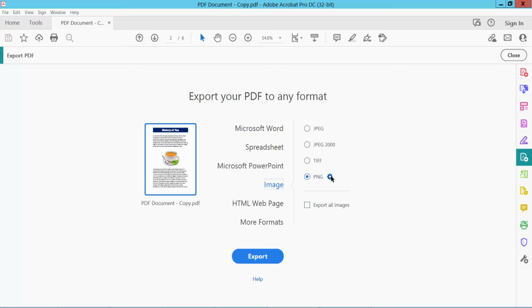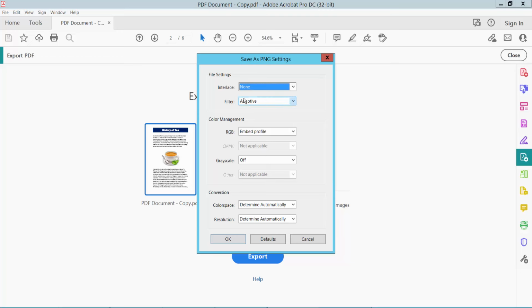click on the setting option. Here you can see interlace option, filter, and this RGB option. You can also change the grayscale option as color space, and this is the resolution option, and here you can change your high resolution option and choose here